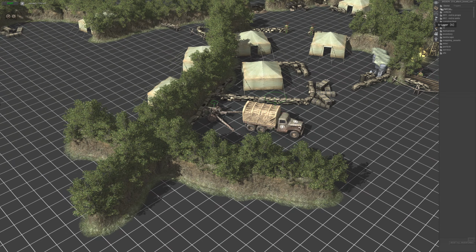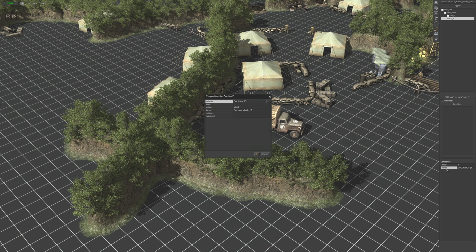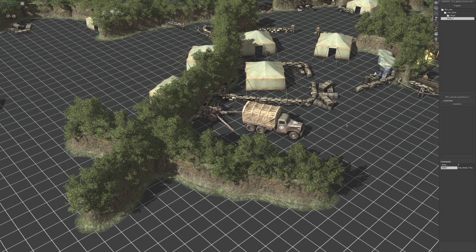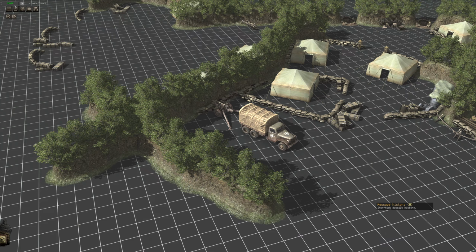Next thing is we're going to come to the triggers tab. There is nothing in here, so don't worry about that. Just the truck trigger. We have a delay of 5, and then we have an action command. So the selector will be the truck, the action will be attach, and then the target will be the cannon. Pretty simple stuff. So if we click start,